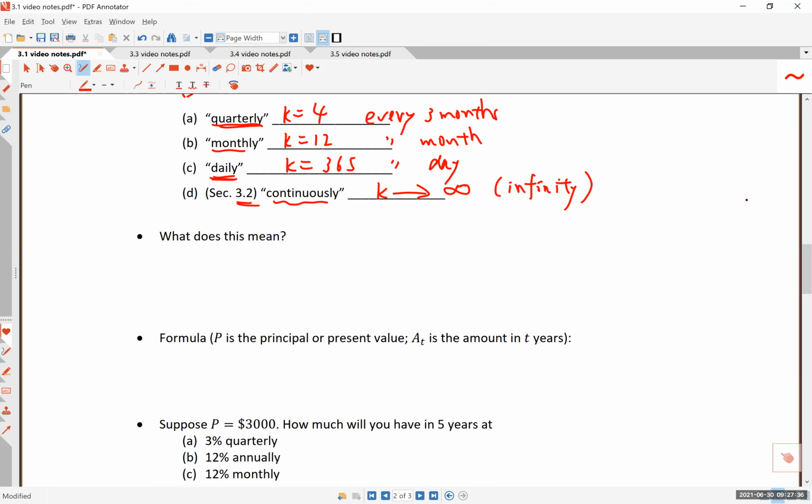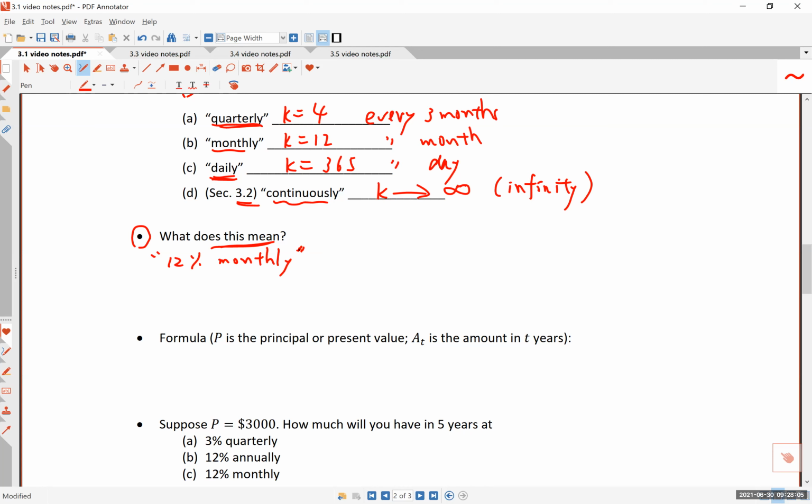Now, what does it mean? This is very important because this is counterintuitive. In fact, I don't like the way the financial industry uses this language, but since it's conventional, we will need to know what that means. When a financial institution says, for instance, you will get an interest rate of 12% compounded monthly,